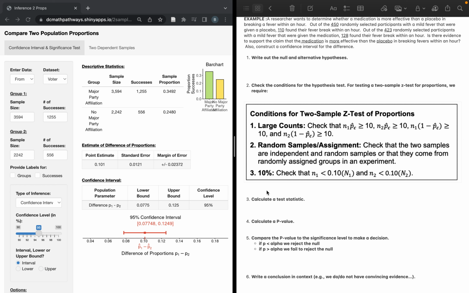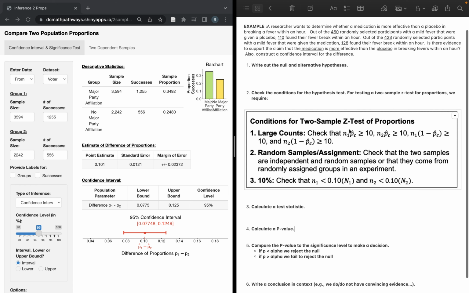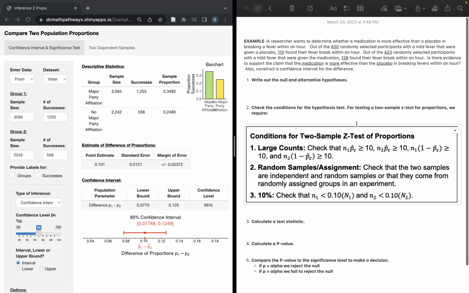We're going to go over how to run a hypothesis test for a two-sample z-test of proportions. This means we have two different proportions and we want to compare them against each other. So instead of having only one sample as we did before, this time we're going to have two. So if we look at this example, it tells us a researcher wants us to determine whether medication is more